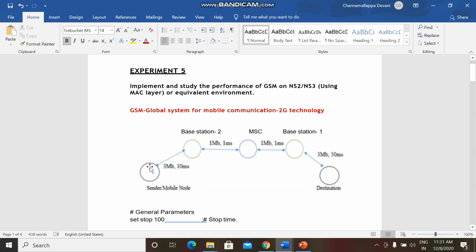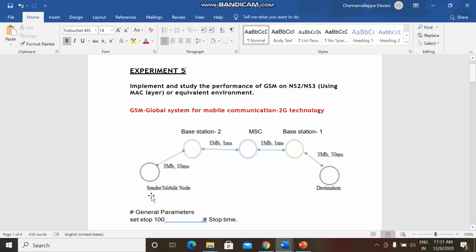So the mobile device which is a sender will send a request to the base station, and between these two base stations there could be multiple hops or multiple base stations. And the job of the mobile switching center is, as I told, the mobile node keeps moving from one place to another place.